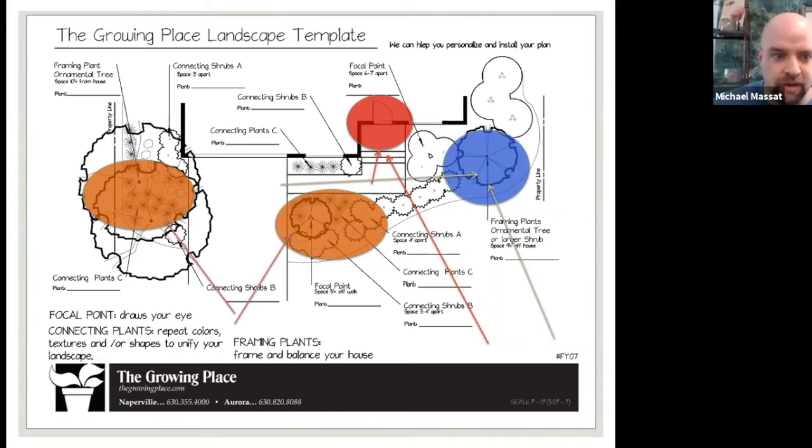And here's my overview of the design, and it is the same picture from before. Again, you've got the connecting shrubs repeated in front of the sidewalk, and then again underneath the framing on the left side. Repetition just helps your mind comprehend what you're seeing, and it keeps it from feeling overwhelming. So you don't want to use 20 different individual plants in your landscape design, because it's going to be busy and it's going to make it more visually